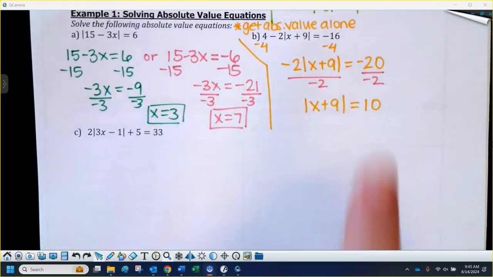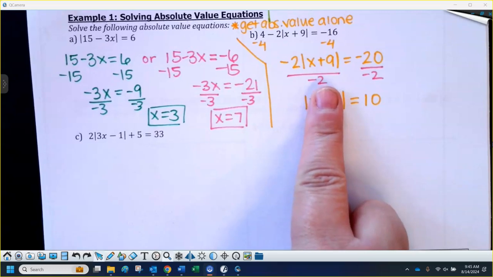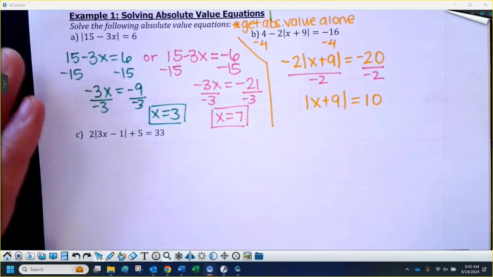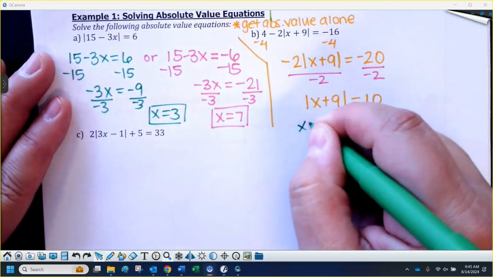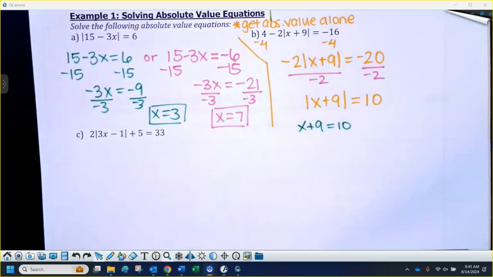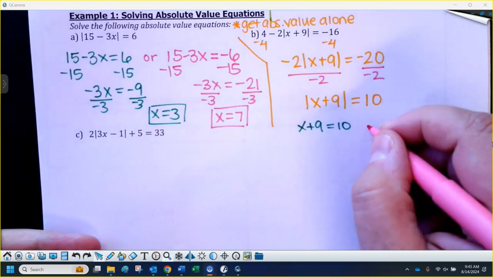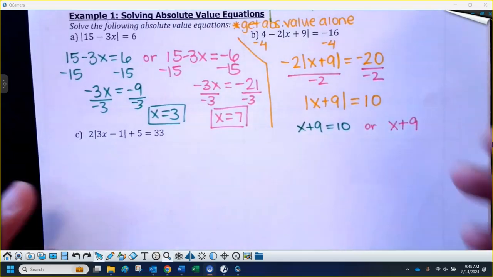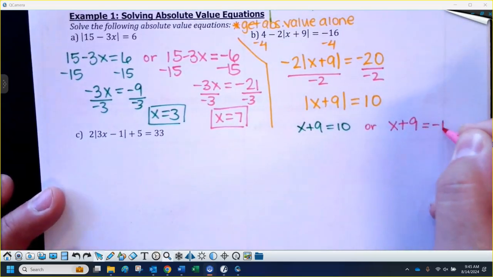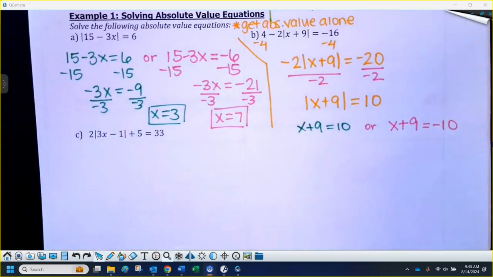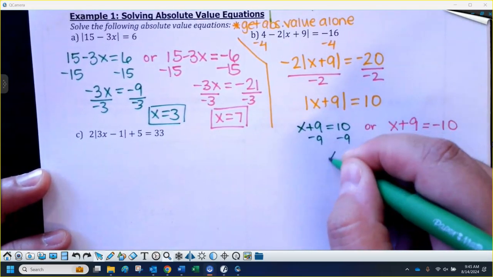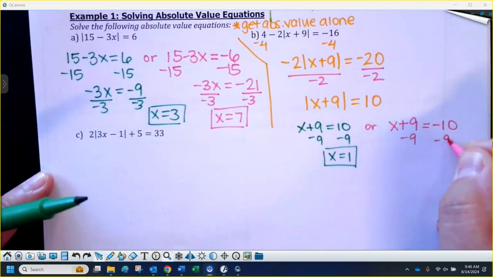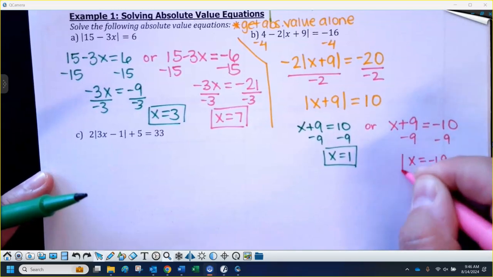Okay, now, absolute value alone. Doesn't matter what it is. If inside there was 10, we'd be golden, or if it was negative 10. So we're just going to set up two little equations to represent that. Literally just drop your absolute value and copy. So x plus 9, if it was 10, we'd be good. Our other option, if inside that absolute value was equal to negative 10, the absolute value would cancel out the negative. So exactly copy that, but I'm going to write down the opposite of that number. And then both of these are just one step. I'm going to subtract 9. So one of my answers is just 1,